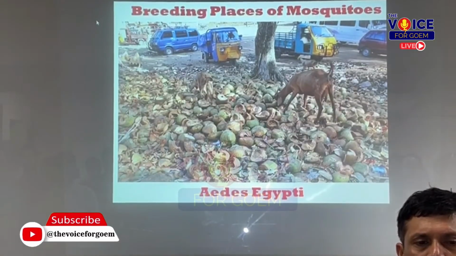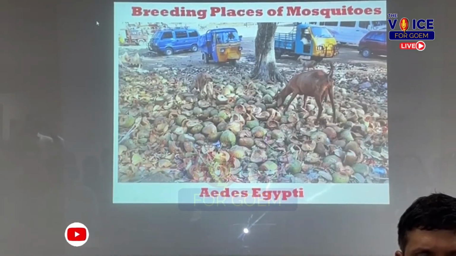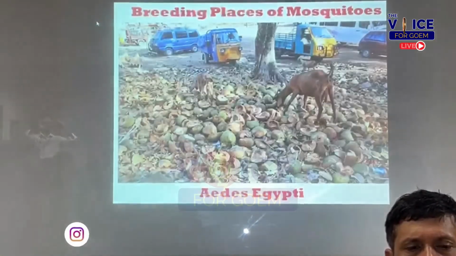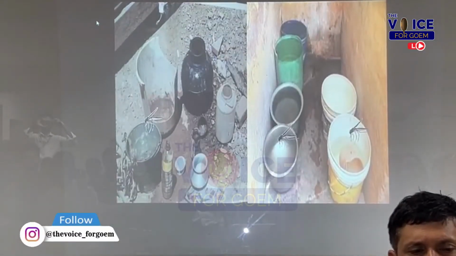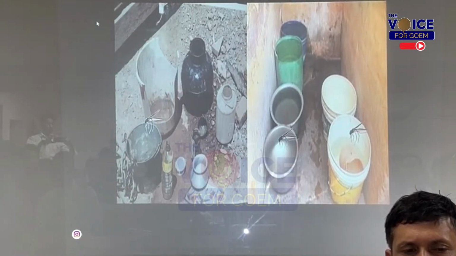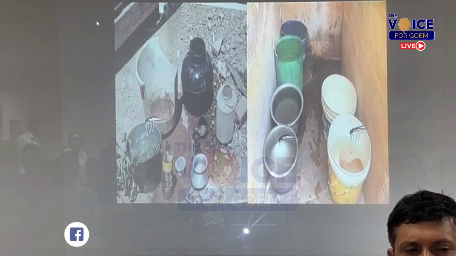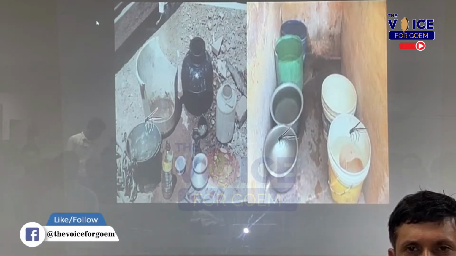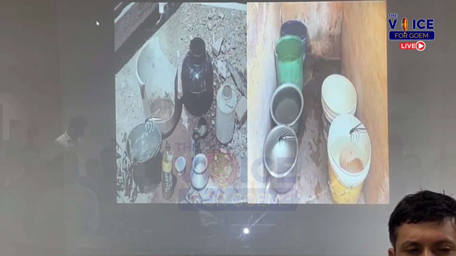A lot of people are having coconut water. So when those shells are thrown indiscriminately, this is what happens. You can have mosquitoes breeding, then broken buckets, any discarded containers, water which has been stored in this summer season. There will be water storage being done because of water shortage. So if it's stored and not cleaned out every week, you can get breeding of mosquitoes.